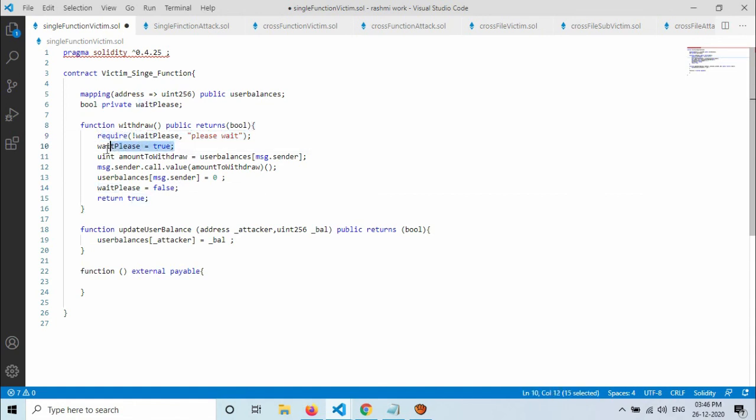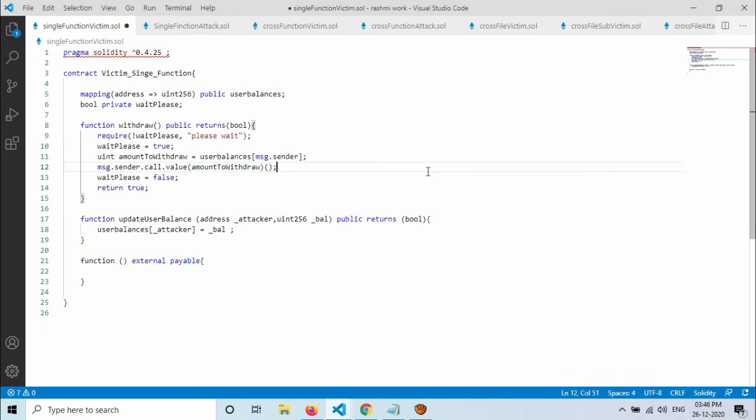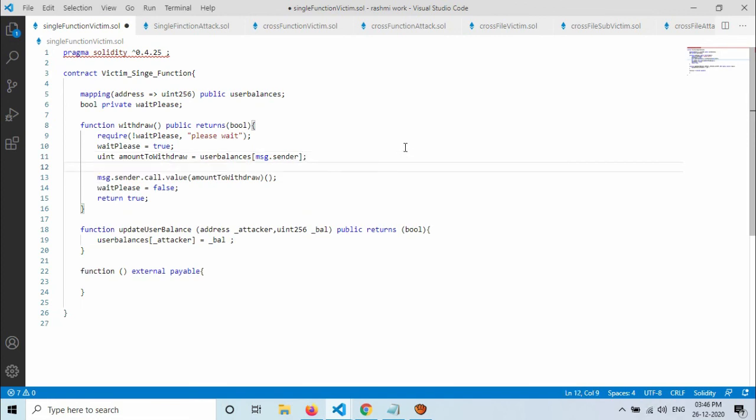This is the best method to stop reentrancy, but for this particular single function reentrancy, we can stop reentrancy by just placing this storage update before sending the ether to the caller. So what I did, I swapped line number 12 with line number 13.